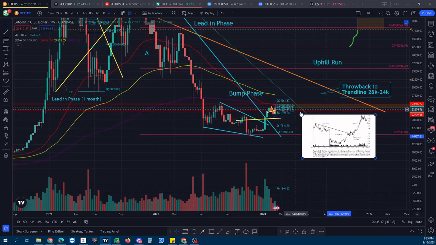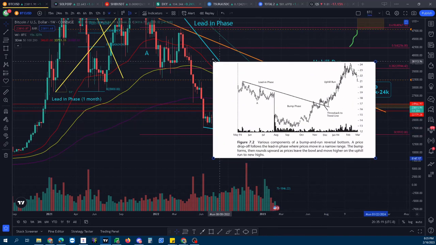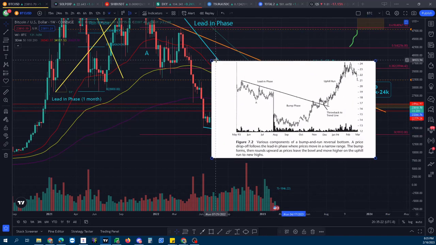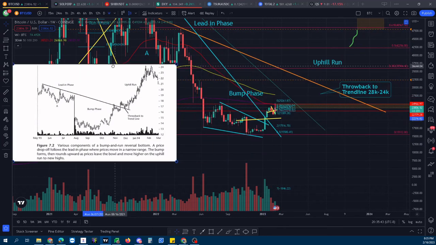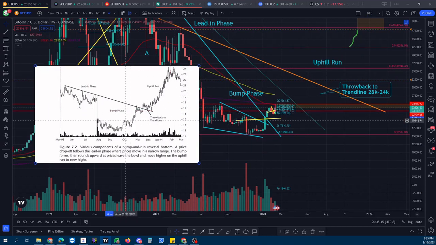Right now, if we stretch this out, this is the overall chart. This is what is expected to happen on the number one performing reversal pattern in all of trading, according to Bukowski, the original pattern trader. All we're doing is a pullback. It's not going to look exactly like this. All of this is called accumulation.